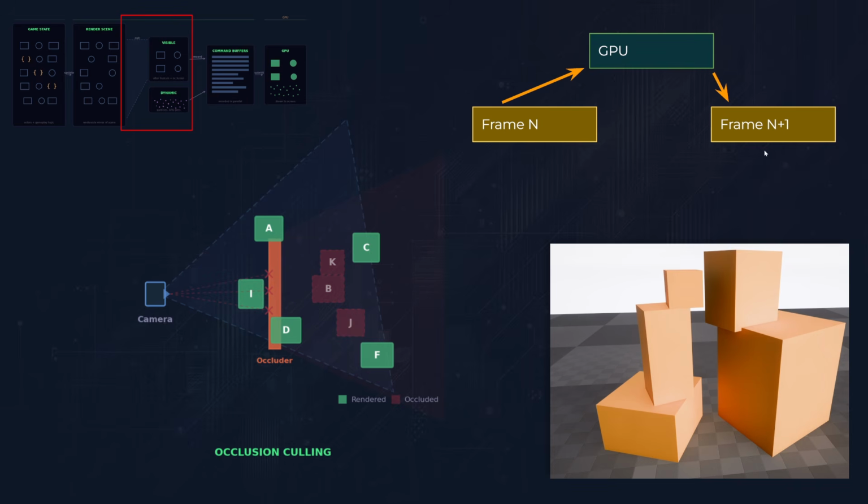And of course, that means that our occlusion information will be off by one frame, but often that's not a big deal because objects don't really move that fast. So you can still make use of that. And even if you had problems with objects disappearing when they shouldn't, what you often can do is make these boxes bigger and then tweak the occlusion culling this way. But the point here is we have another form of parallelism at play, one that spans two different types of